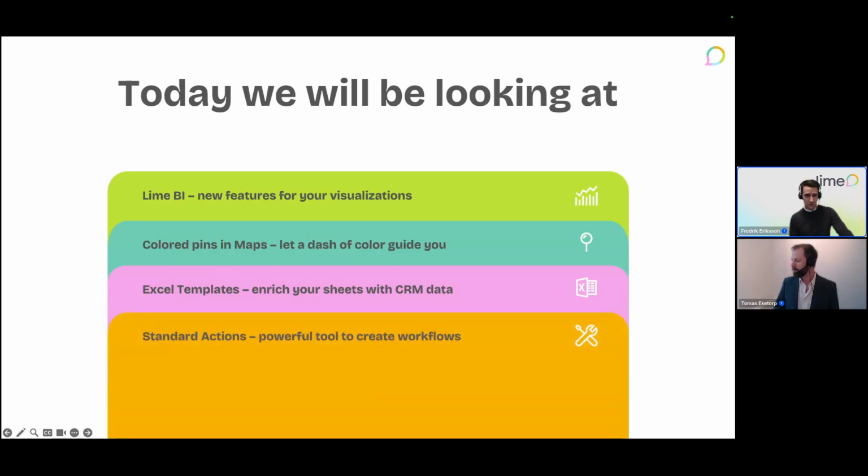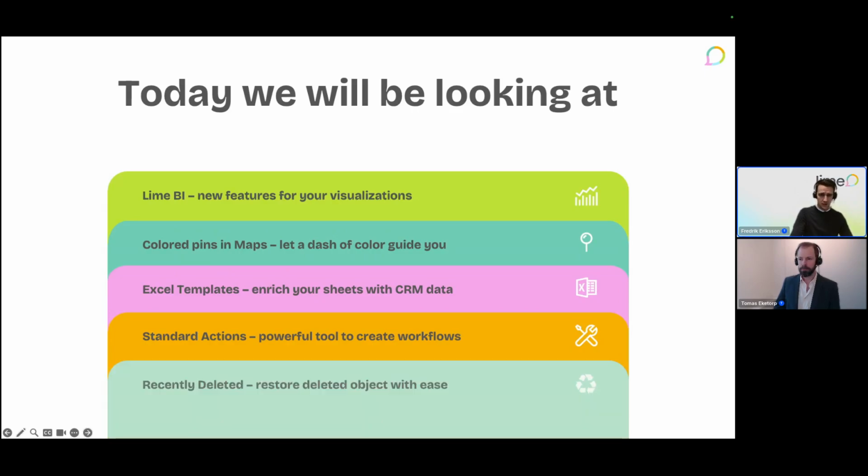We are also going to dive into standard actions, and don't let the name deceive you. Standard actions are actually very powerful, and Thomas will be showing how you can make your own workflows and smoothen up your processes within Lime CRM all by yourself if you're an admin. And then we're going to also have a look at something we call recently deleted: how to bring back dead objects that are buried back to life, basically. But let's start with